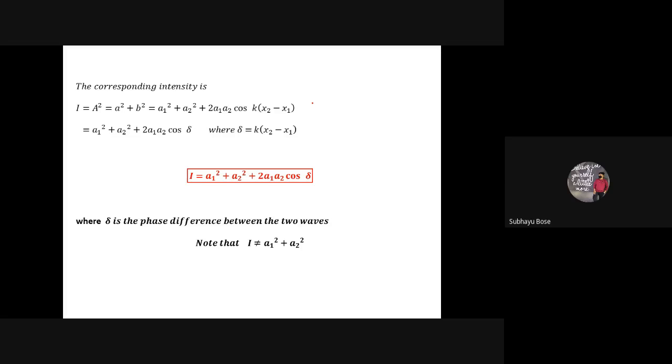Yes, sir. So see, the delta thing is something that is changing, isn't it? It is related to the path difference. That is, it is nothing but the phase difference part. Why? k is what? 2 pi by lambda times the path difference. So this is the phase part. So what are we getting? The resultant intensity at a point is equal to the sum of the squares of amplitudes of the individual waves.